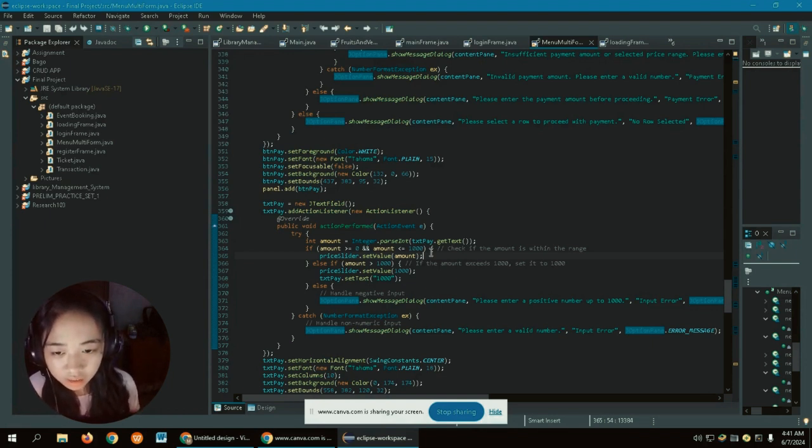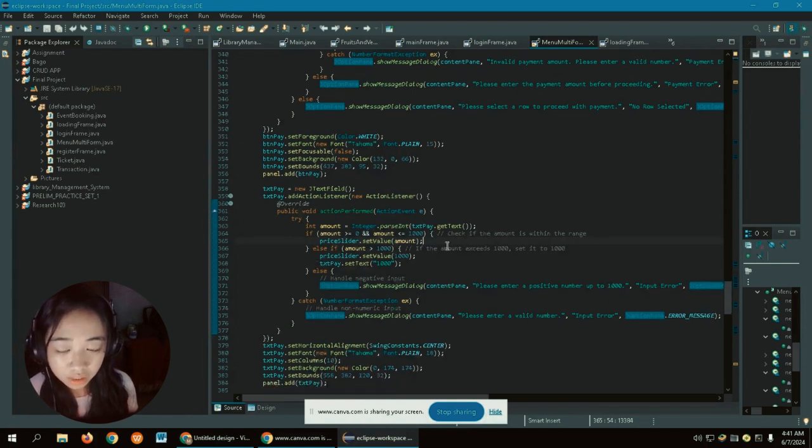And then this right here will check if the amount the user typed is within the range, because you can type in another JLabel or JTextField. If the slider is within the range only, this will check it.